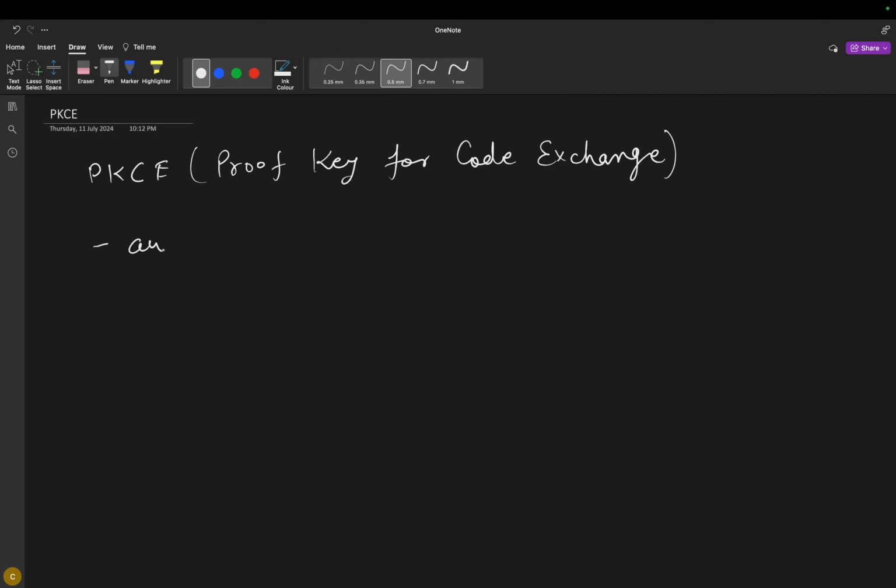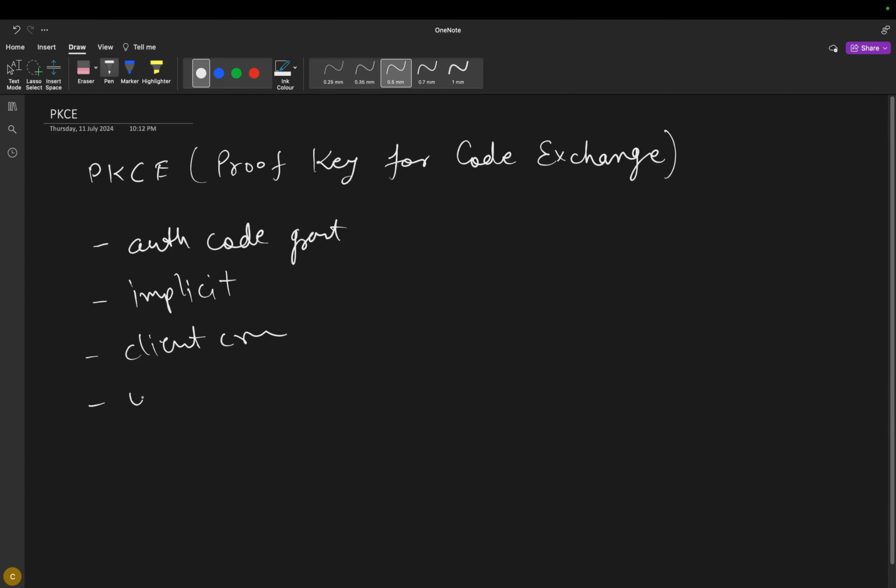So for example, Auth Code Grant Flow, then another is Implicit Grant Flow, then another is, let's say, Client Credentials, then another is User Credentials. So actually we don't use user credentials, but there are a few more flows. But PKCE is useful for authorization code grant flow only, because this flow contains two steps in order to get